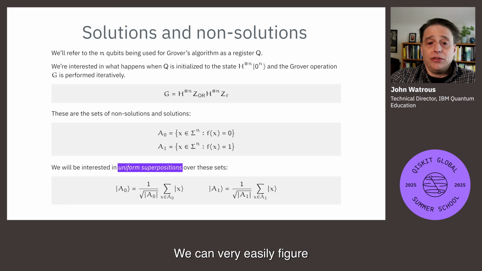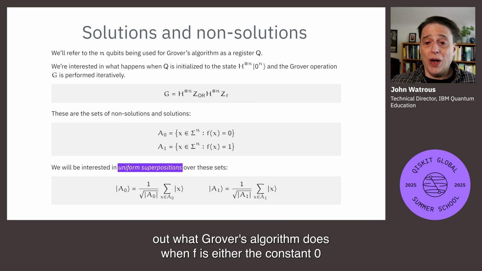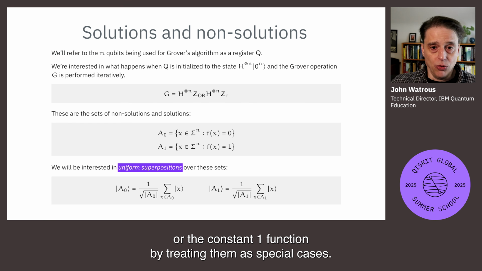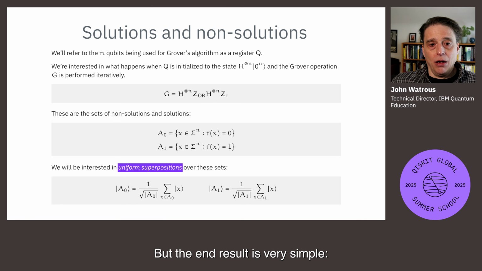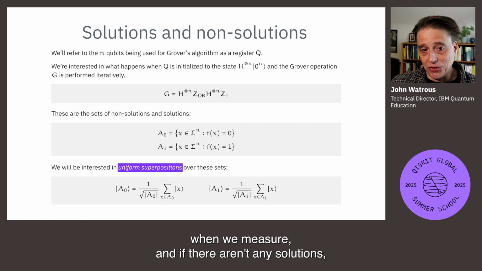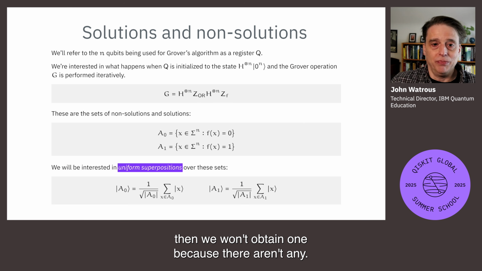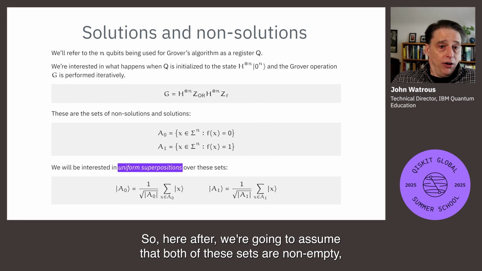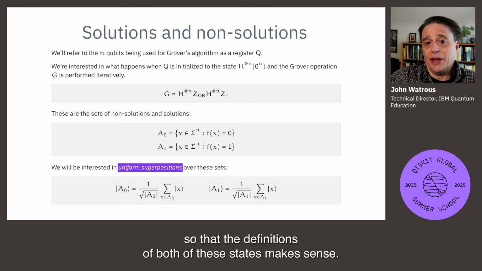We can very easily figure out what Grover's algorithm does when f is either the constant 0 or the constant 1 function by treating them as special cases. But the end result is very simple. If every string is a solution, we will indeed obtain a solution when we measure, and if there aren't any solutions, then we won't obtain one because there aren't any. So hereafter, we're going to assume that both of these sets are non-empty,